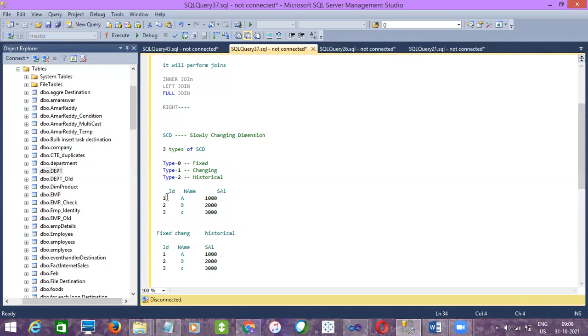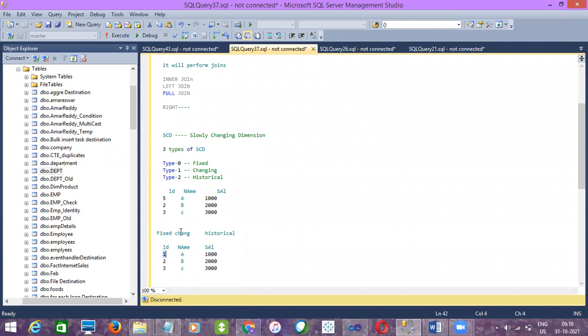Now, if I update 1 to 5, then since we have declared this one as fixed, the transformation will fail. Why? Because the changes are occurring, it should not update 1 with 5 in the destination. So if you give fixed, the transformation will fail and it will not update the data in the destination.